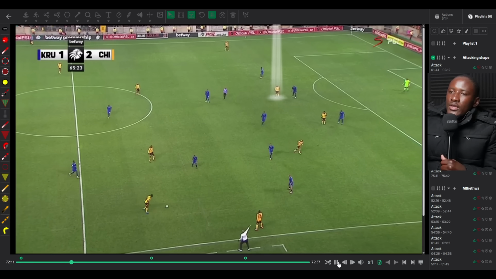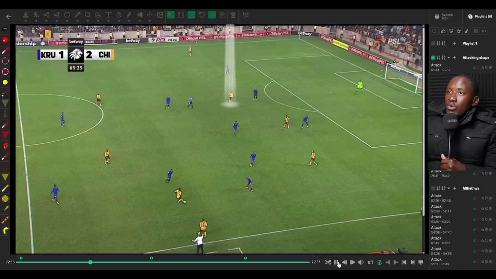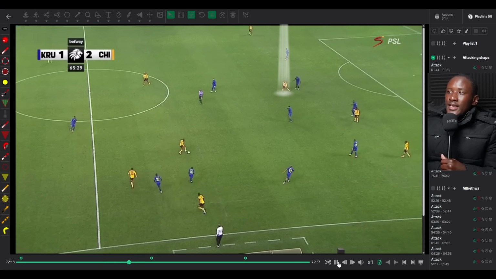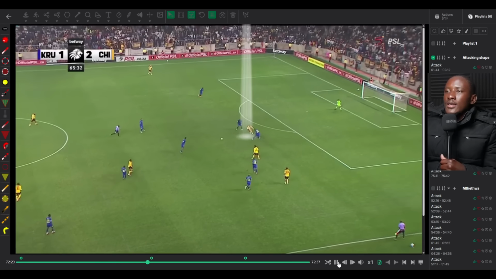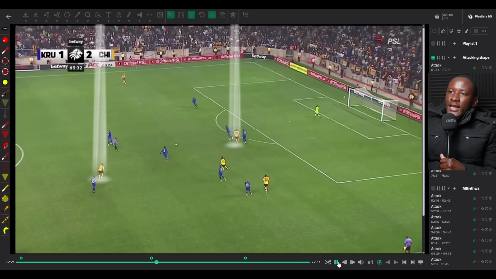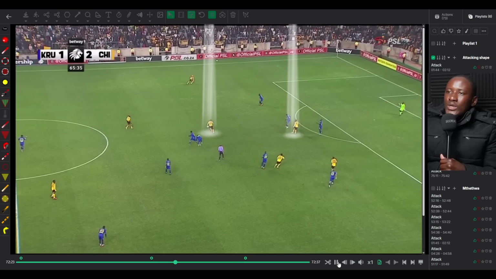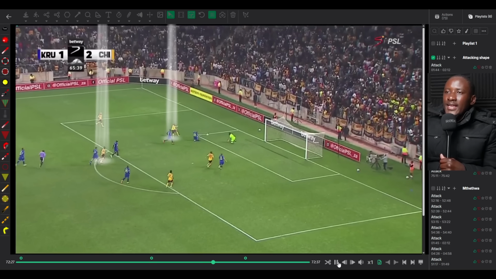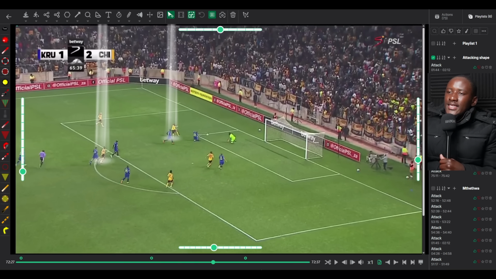So Chiefs wins the ball. Kunika, he's just there chilling, like I'm waiting for the ball to come to me. And then he drops a bit, then he goes. And then as it goes, the ball is lost. But now pay attention to the second player. That is Utabiso Munyan. The ball is lost, but he wins it back. Watch Duba again, who's highlighted, makes that run in behind, identifies space, and then Chiefs scores.